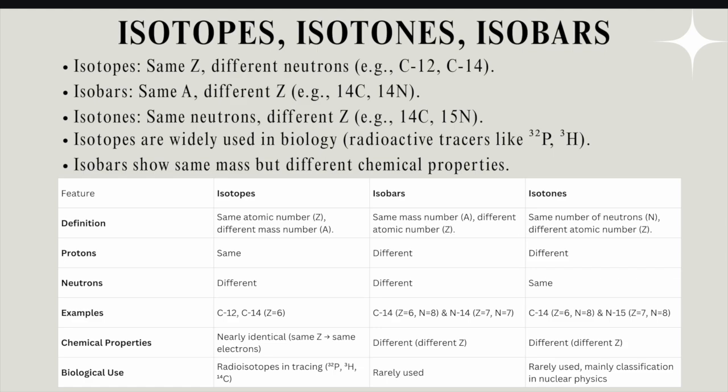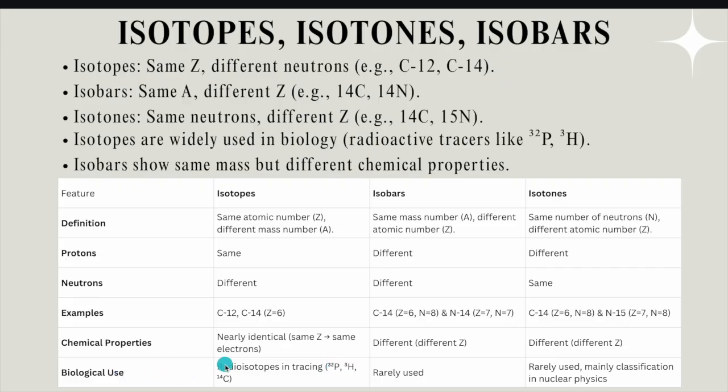Here is a quick difference table for isotope, isobar and isotone. Already I have told you most of the properties. You can go through these: the simple definition, the protons, neutrons, the simple examples. Now for the biological use I must go. If you can see here,